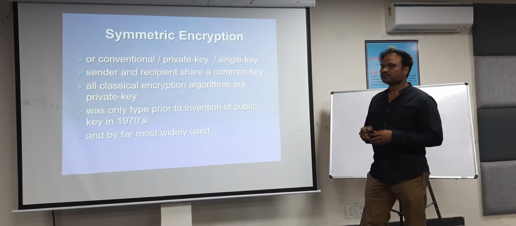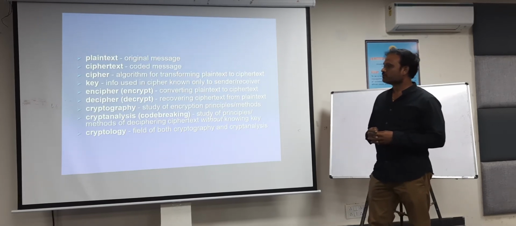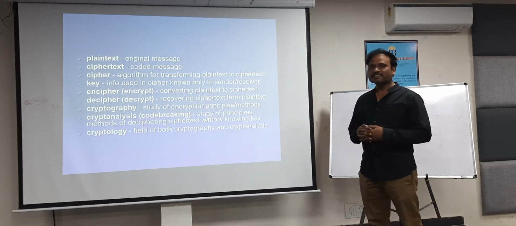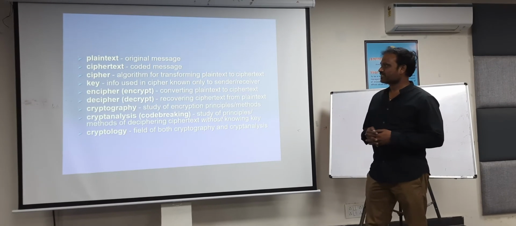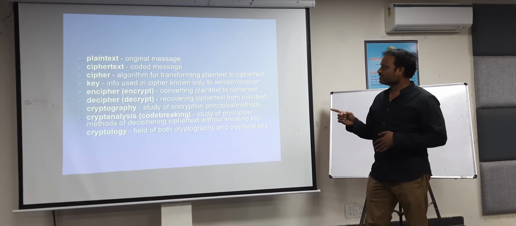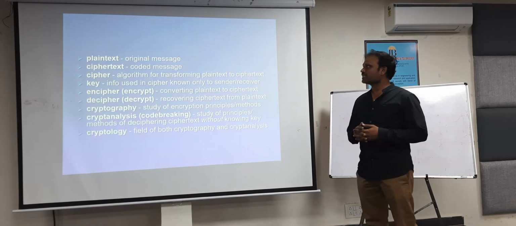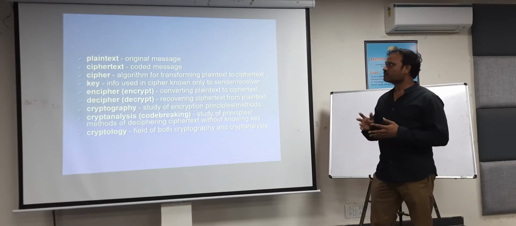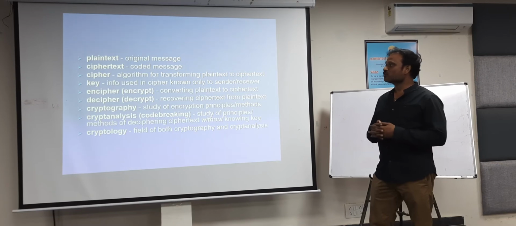So this is symmetric encryption. Here we have 5 ingredients: plain text, encryption algorithm, secret key, cipher text, and decryption algorithm. Plain text is the original message. Suppose both sender and receiver want to communicate with each other over the network by using a message. The sender has plain text, which is the original, readable message, and cipher text, which is the coded message. It means that is a secure message.